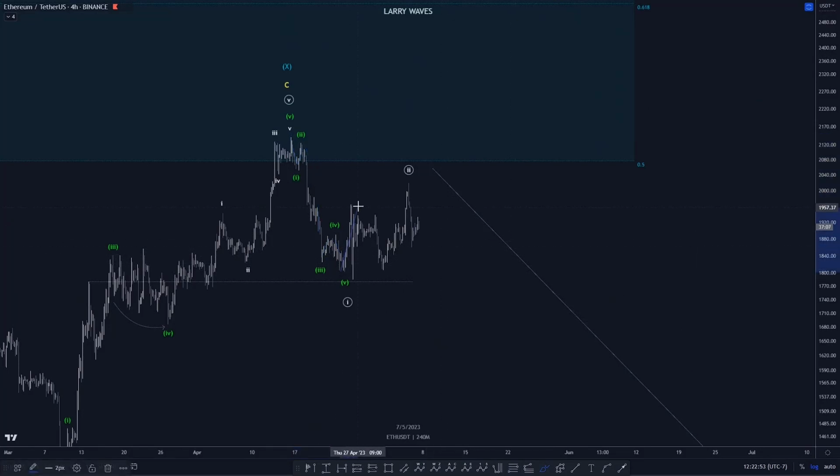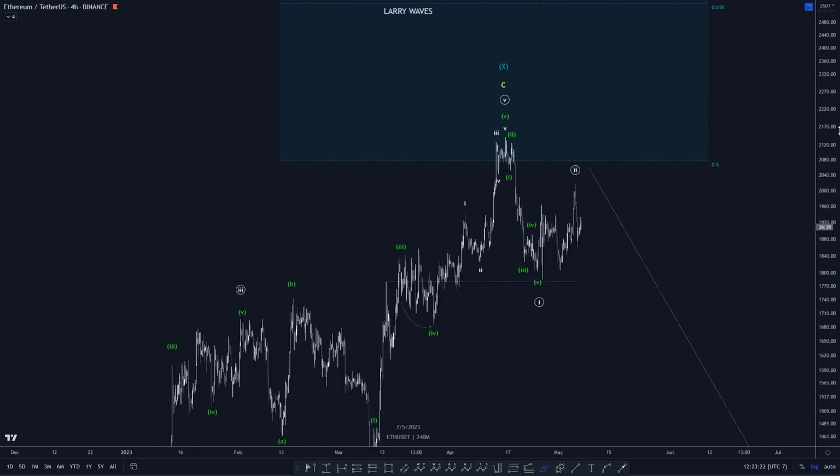How we view this structure, it can be multiple ways. This could be an A wave, that could be a B wave, and this could be a C wave for an expanded flat. This could just be a W here, push down here for an X, push up for Y. There are several ways that I can view this structure, so I'm not really hard set on it. It just depends if we break this high or this low, really, where I can put more weight on something in the shorter time frame. But